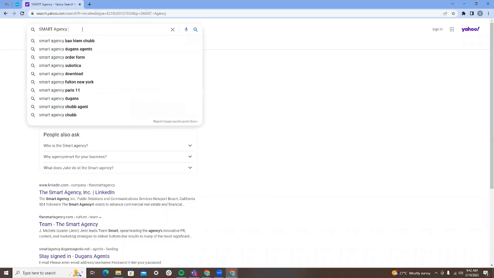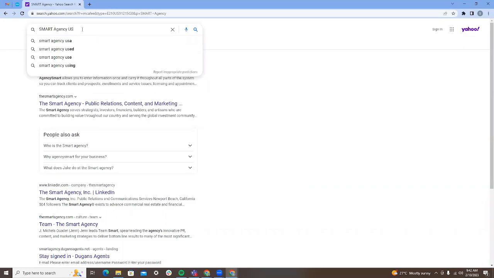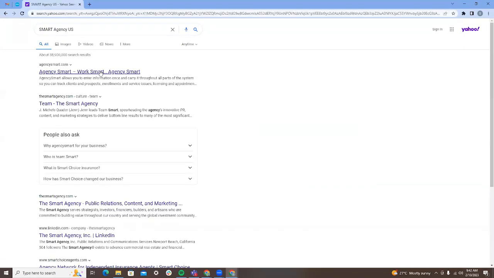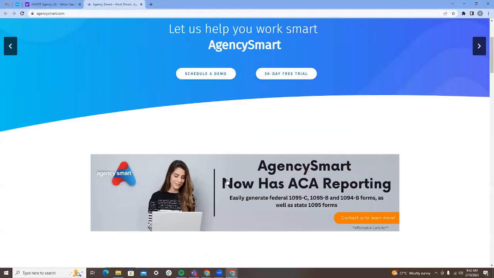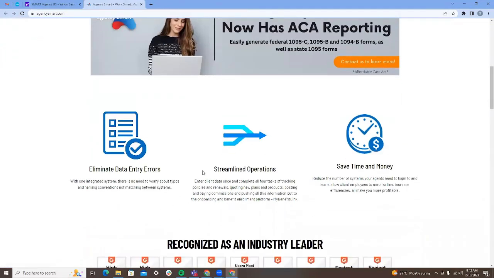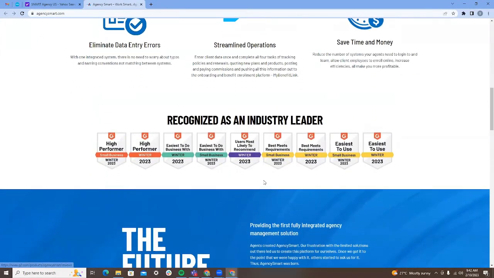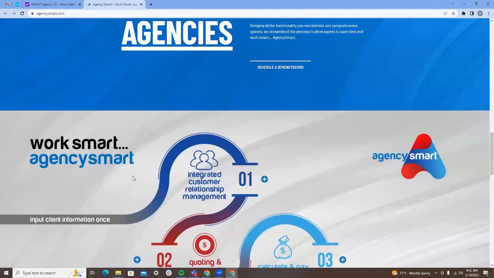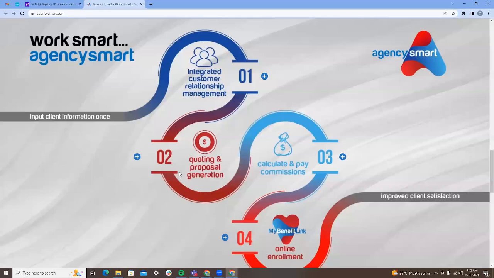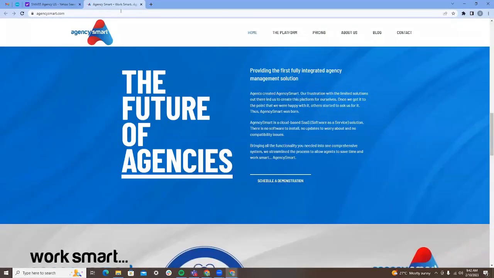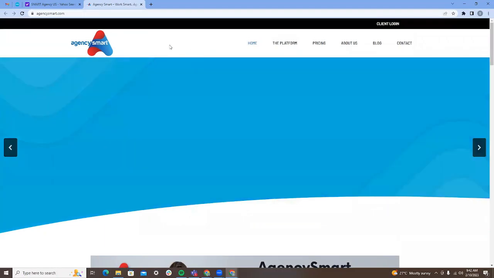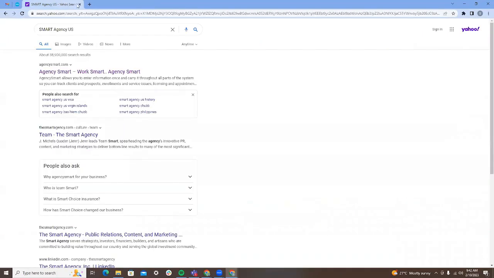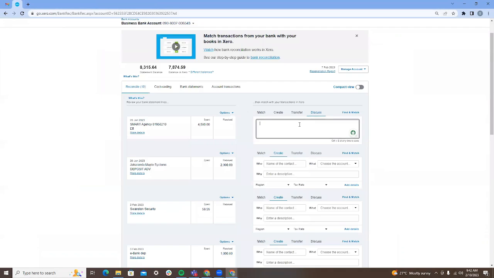Say, for example, this is for you as a client, you can open the website just in case. It's more of an agency, not sure if it's accounting or what, but we can add a suggestion here.